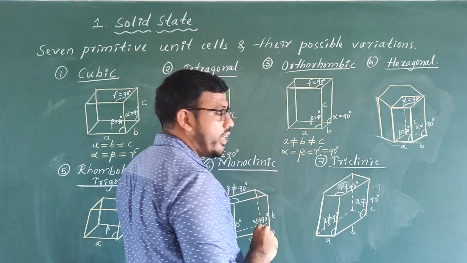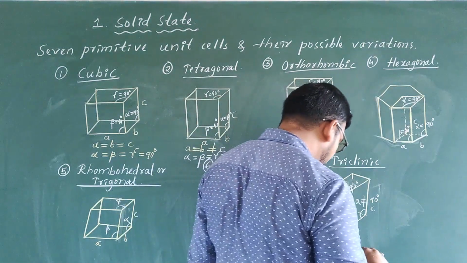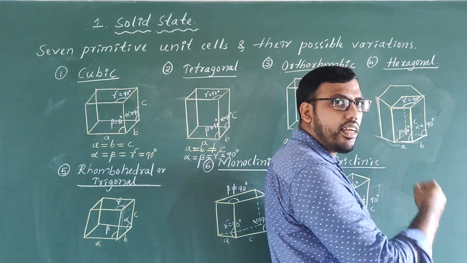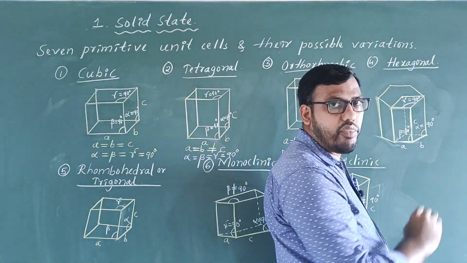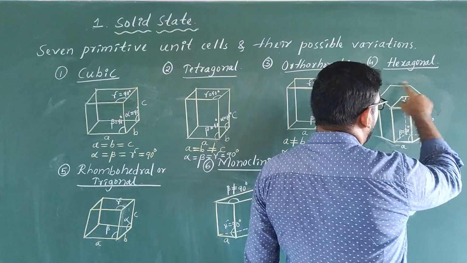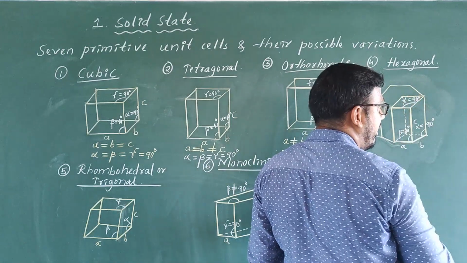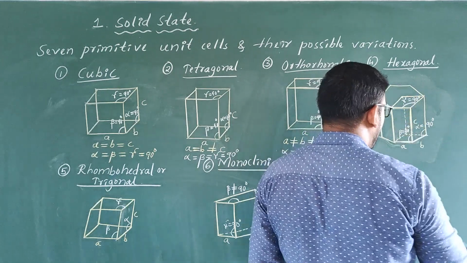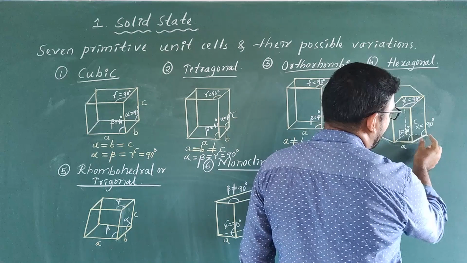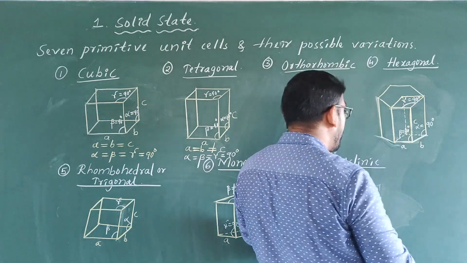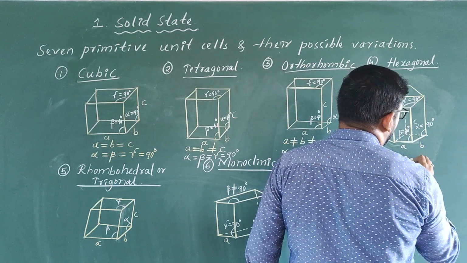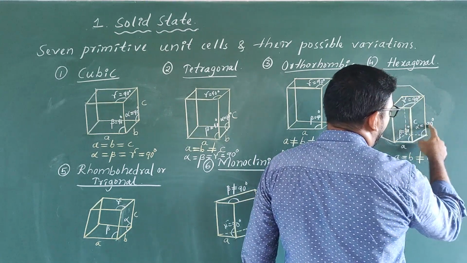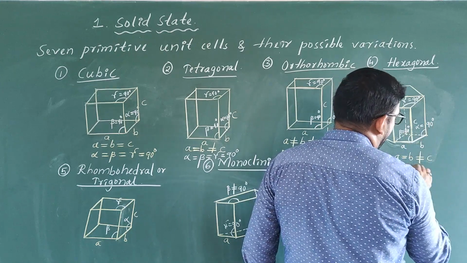Next moving to hexagonal crystal system. Already we have seen a hexagonal arrangement in the structure of graphite in first PUC. These types of hexagonal rings will be there in graphite. So the hexagonal crystal system appears like this. If you observe properly, the sides a and b are equal, but that is not equal to c. So therefore a is equal to b, but that is not equal to c. See, the angles alpha and beta, they are 90 degree.